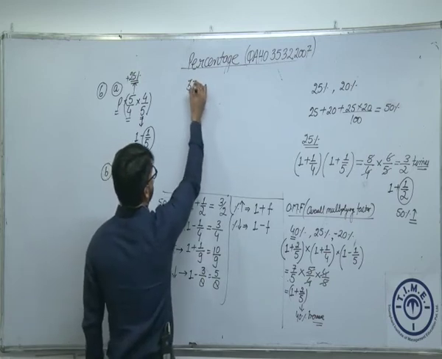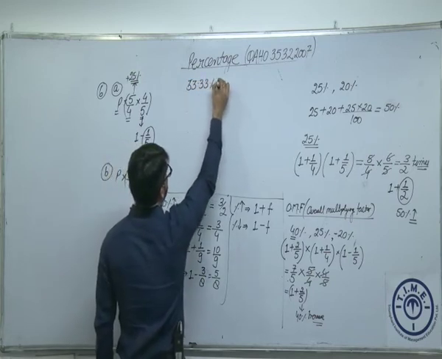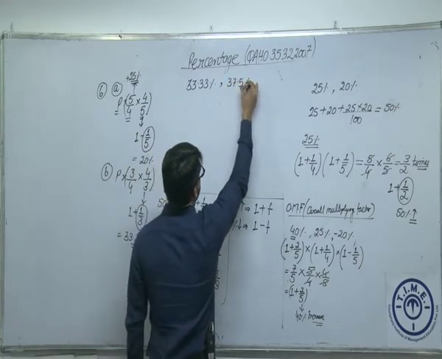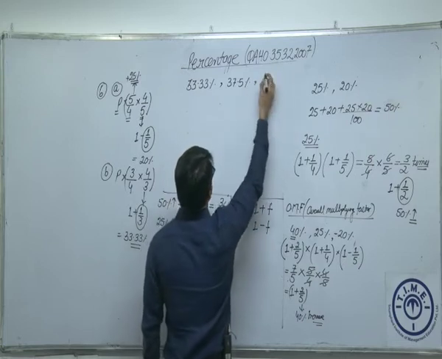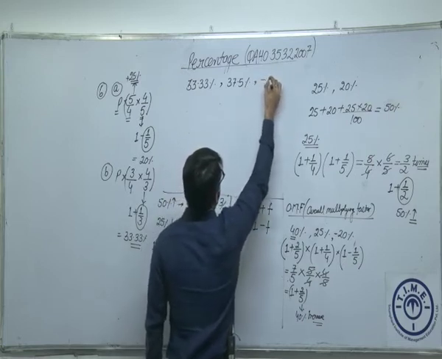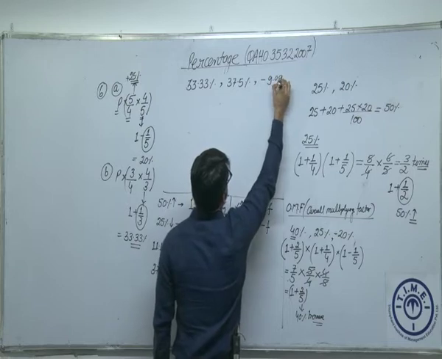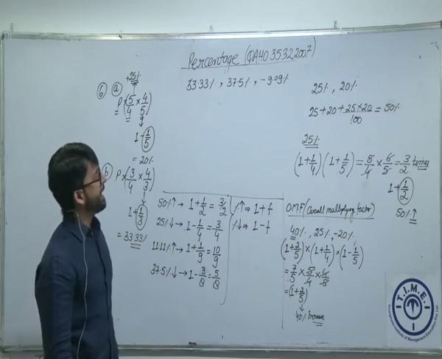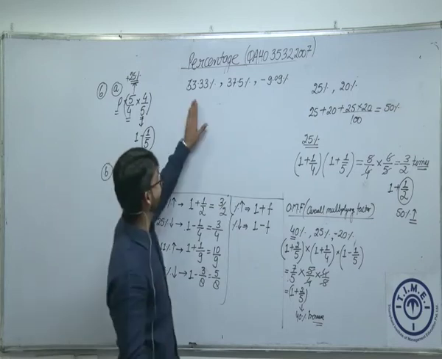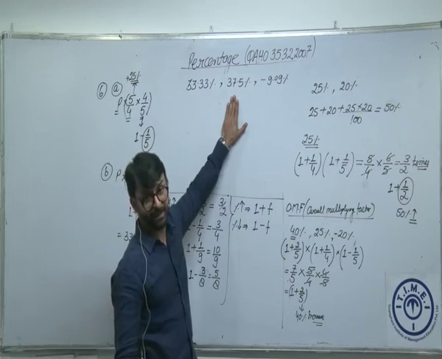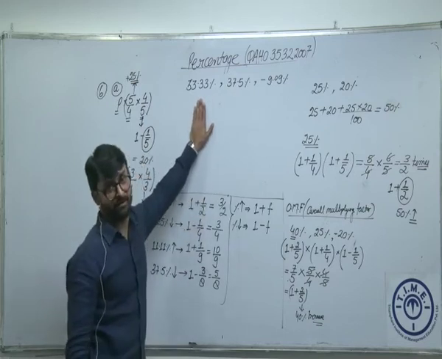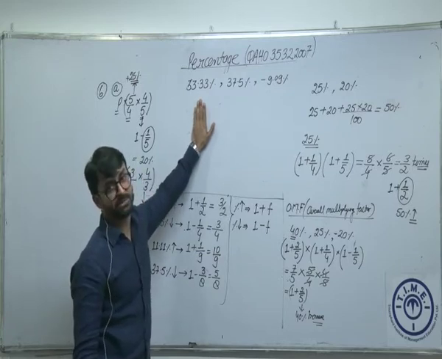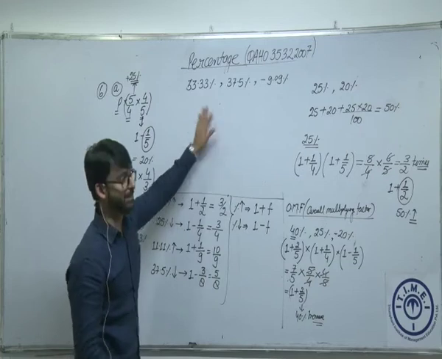Your salary is increased by 33.33%. Then 37.5%. Then reduced by 9.09%. Now it's a little dicey to use successive percentage change in this case because multiplication is going to be a little bit tricky. It is very dicey or very difficult to take an initial value. Fine. So it's better कि हम इसको multiplication factor से एक बार try करके देखते हैं.